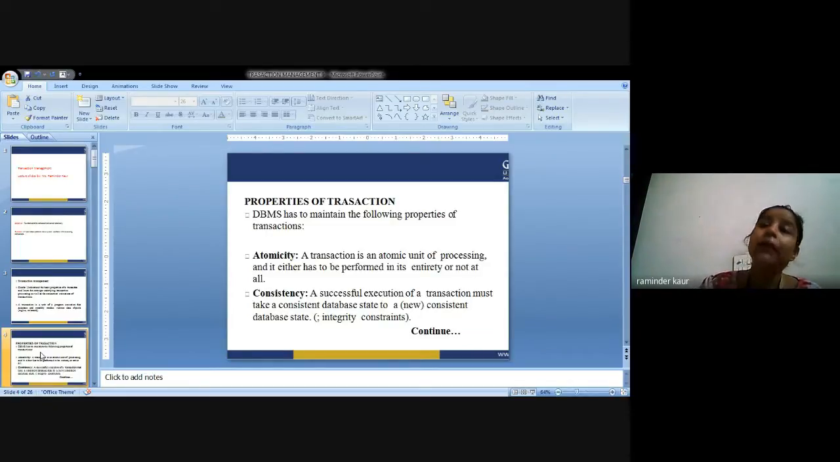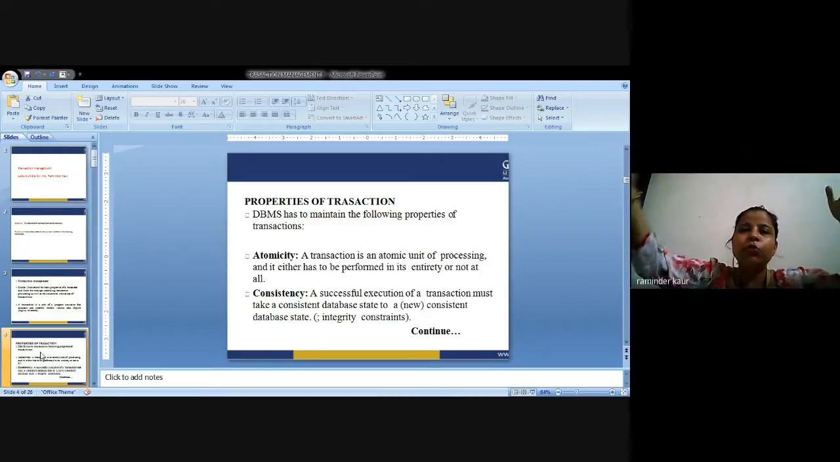So in the same manner, read B. Let's say B already has 2000 rupees. So write B is equal to B plus 50, because I am supposed to transfer from A to B. So in A 50 is getting deducted, in B 50 is getting added. So it will be 950 and it will be 2050. So suppose prior to the execution of the transaction TI, the values of accounts A and B are 1000